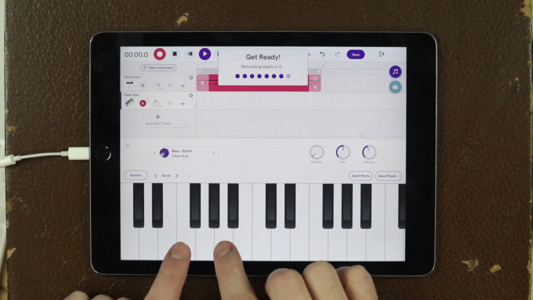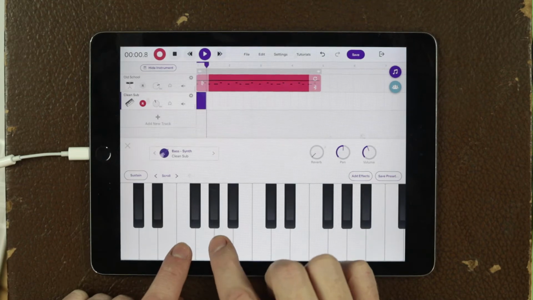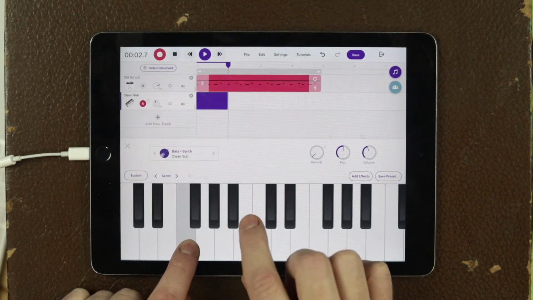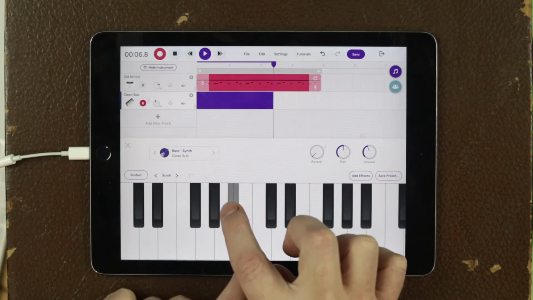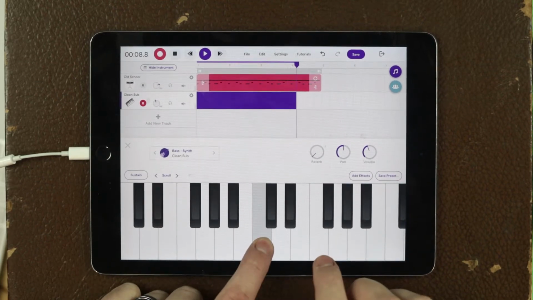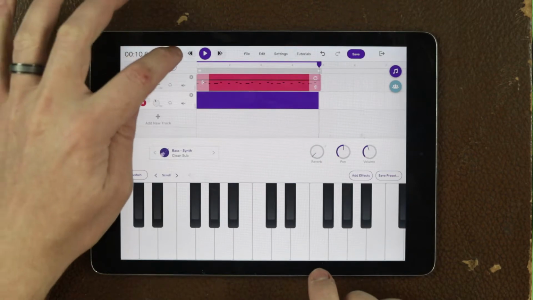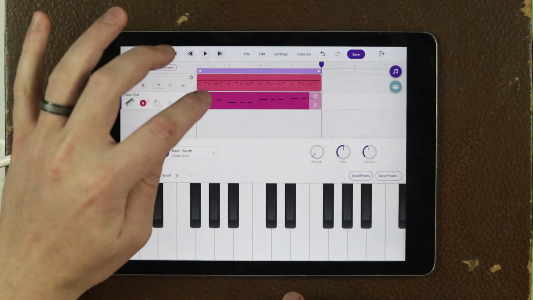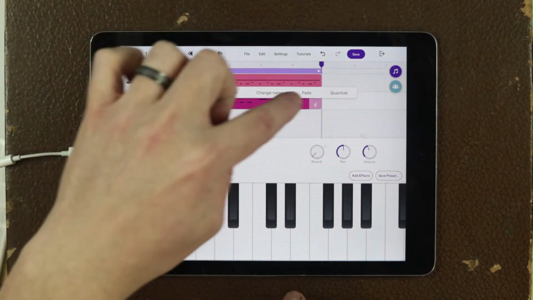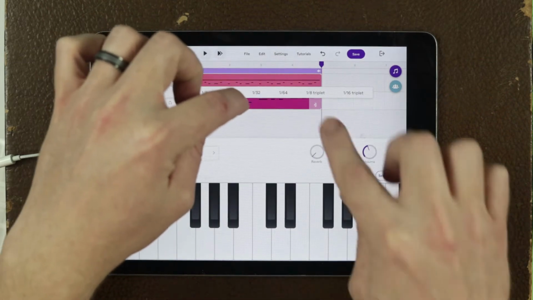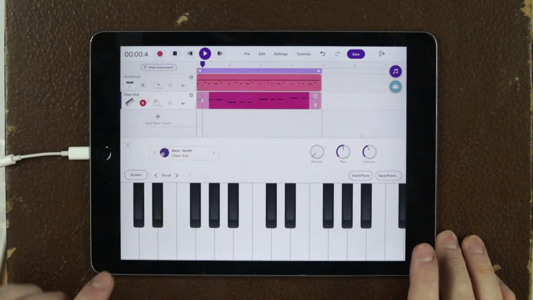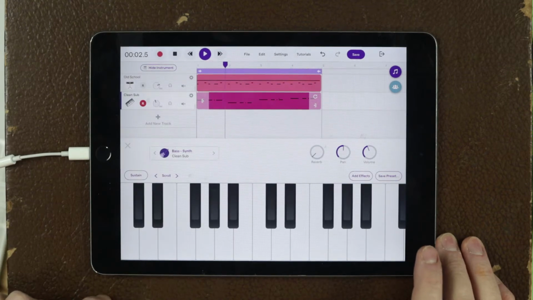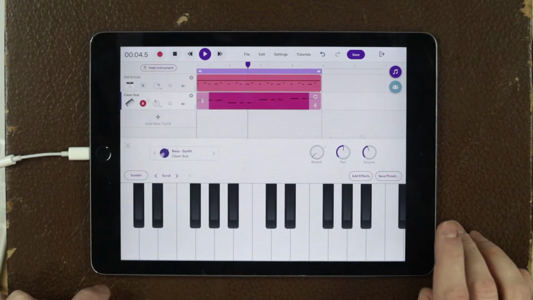Little itty bitty fingers. Here we go. Okay, and let's quantize that. If you're fast enough, when you press stop, things will not go over the bar line, which is nice. 4, flat 7,